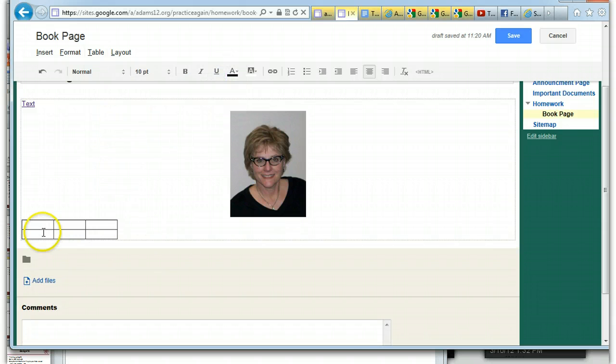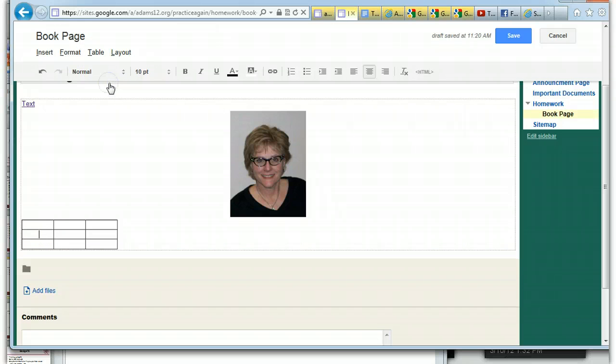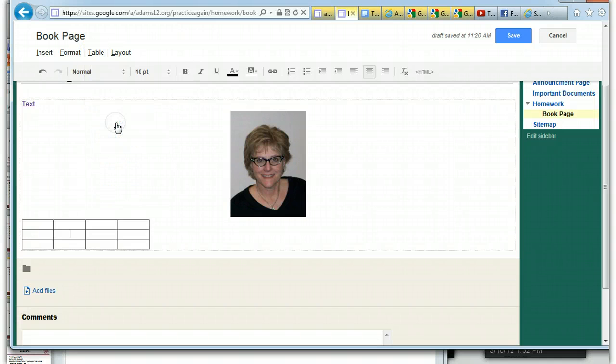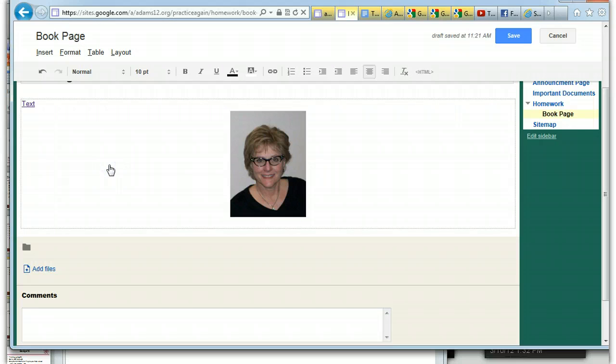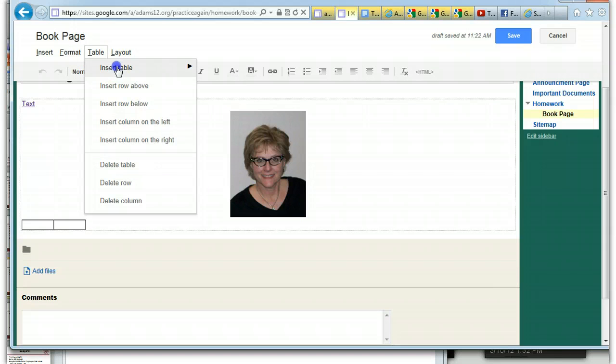So here's my table. And then you can do different things with the table. If you want to insert a row above, you can insert a row above. If you want to insert a column to the left, it'll insert a column. So that's how you can grow your table. So this is under table. You want to delete the table, you can delete the whole table. Okay, so once you have your table,